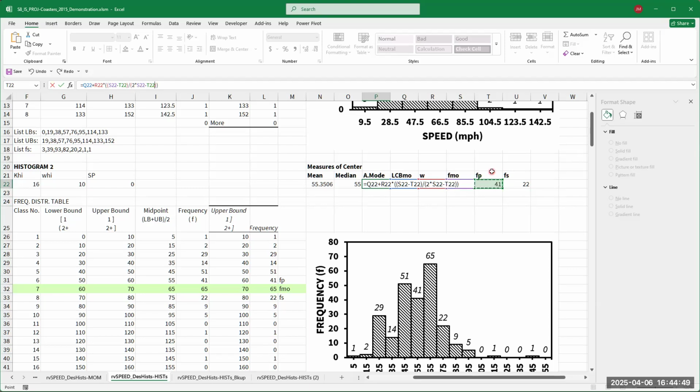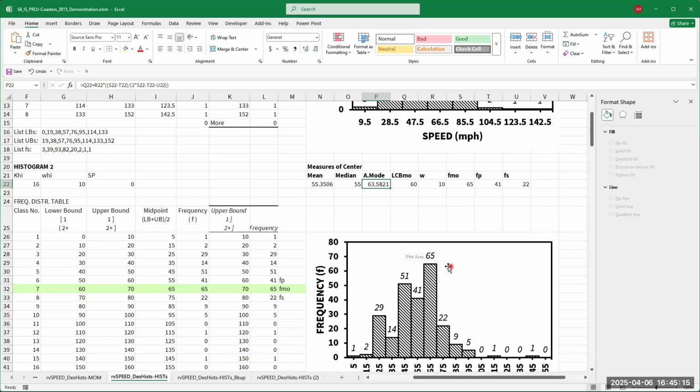I'll click there, minus the frequency of the succeeding class, and I'll click there. Okay. So that looks like my entire formula is in there. So I'll hit the green check mark, and it calculates all of that to be